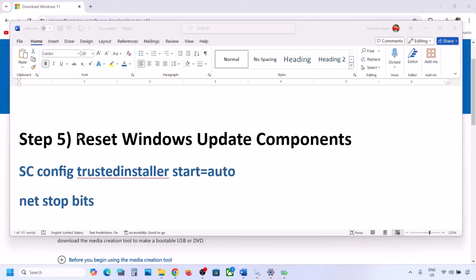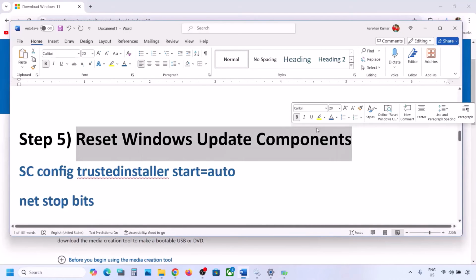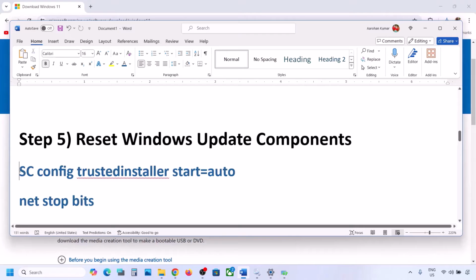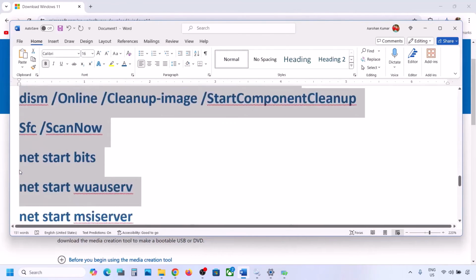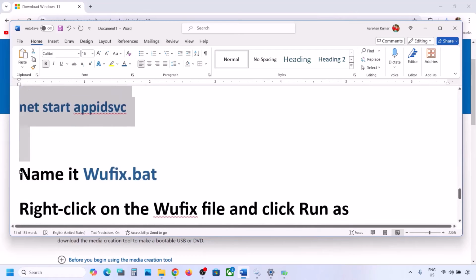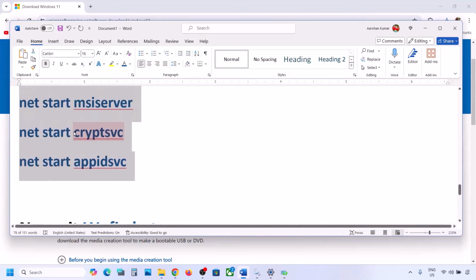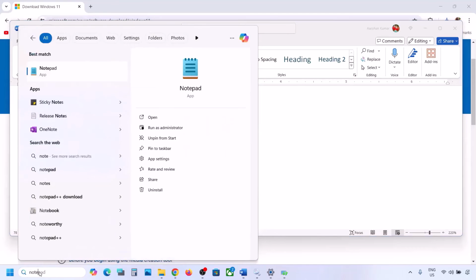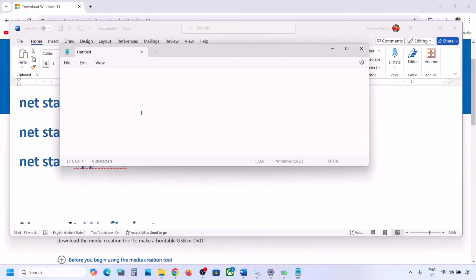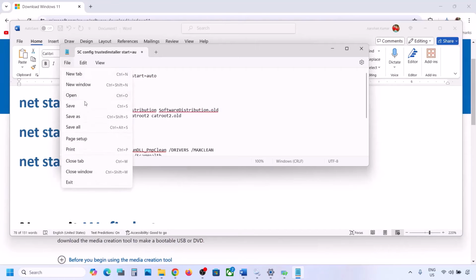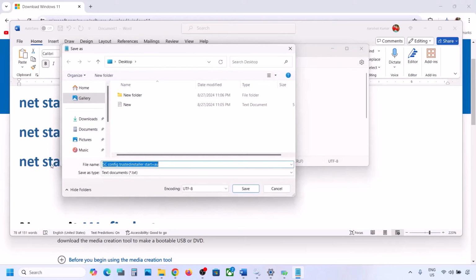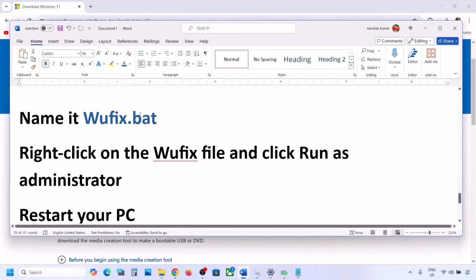Now the next step is to reset Windows update components. Now for this, copy all these commands. These commands are provided in the video description. So copy it till here. Now once you copy it, open Notepad on your computer and then in the Notepad you can paste all the commands and then go to file on the top, click on save as, and then you can name this file as